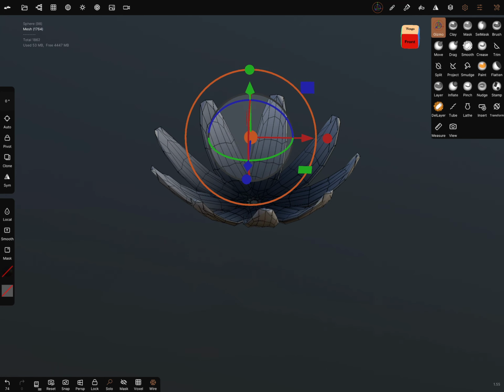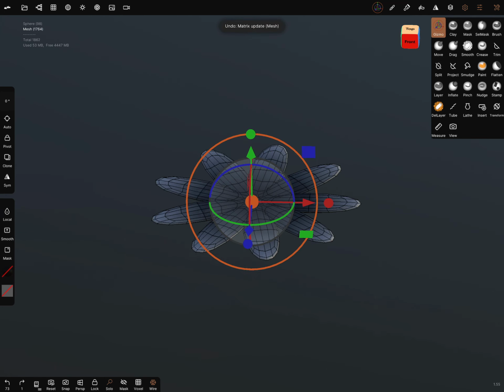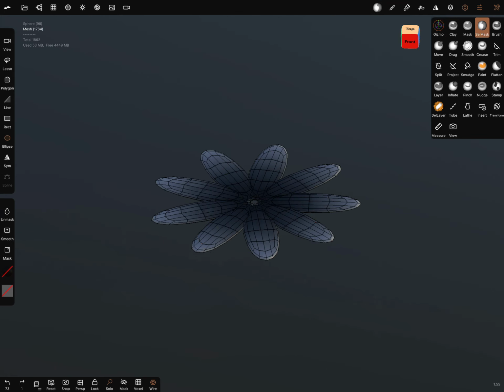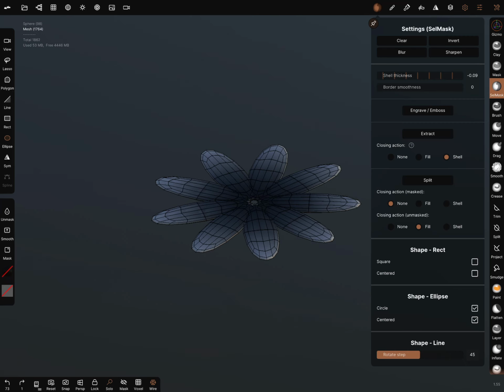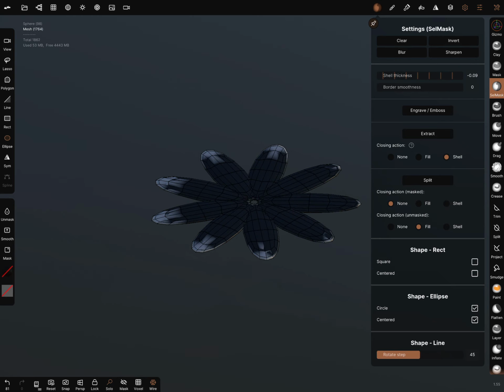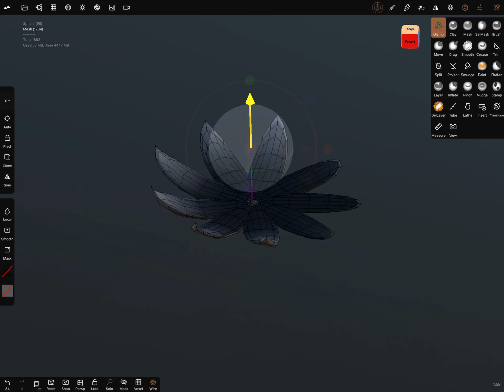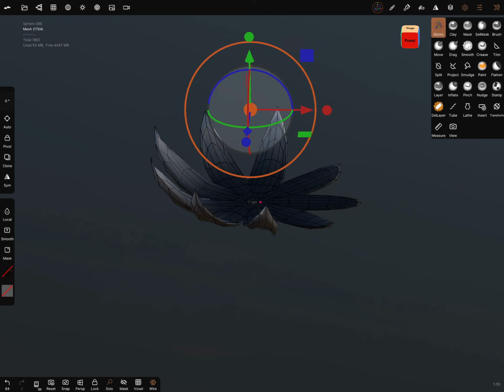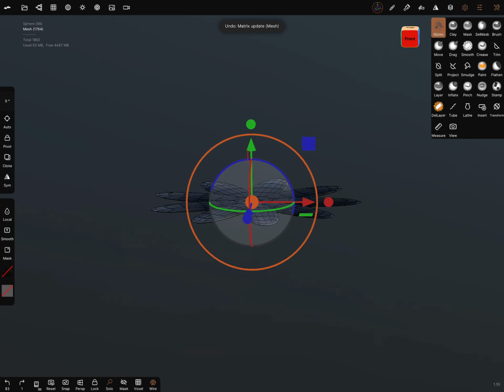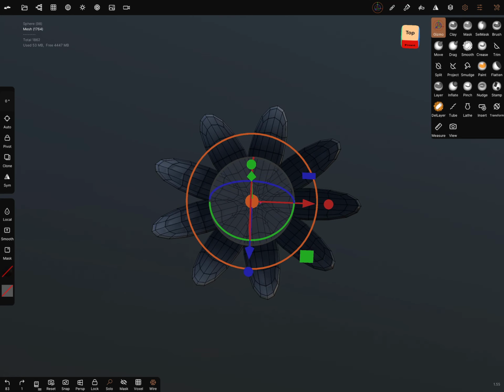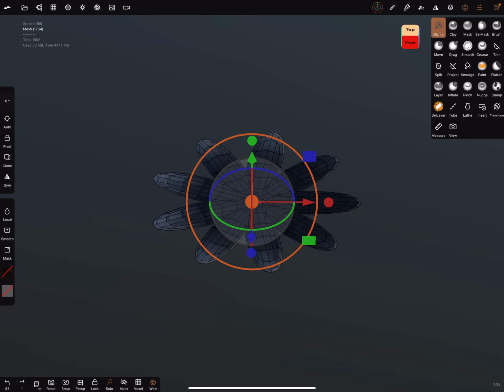Bring it in a position like this. You can go back to the selection mask and sharpen it again and blur it. For example, sharpen, blur, blur, and test it again. What happens? This was not so good.